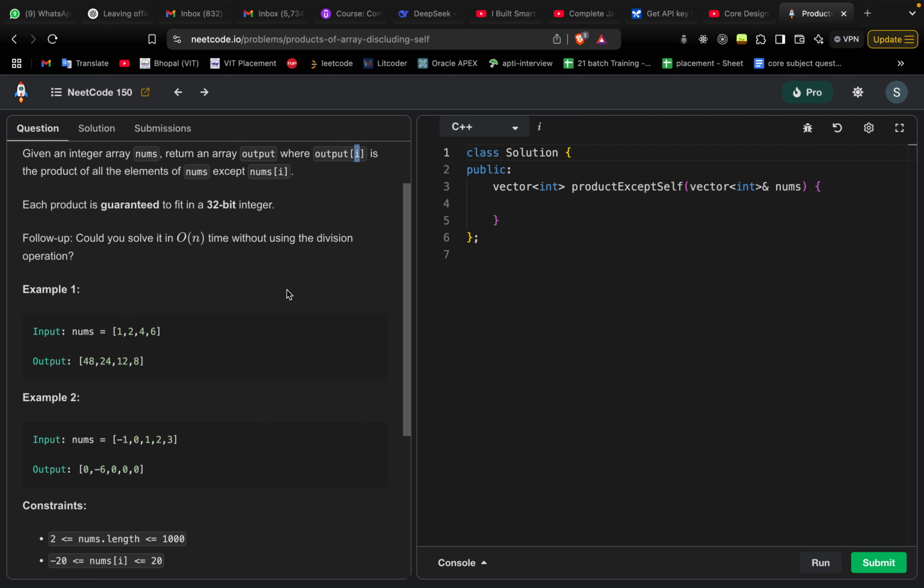Okay, so let us look at a few examples. 48 is 2 into 4 into 6. 24 is